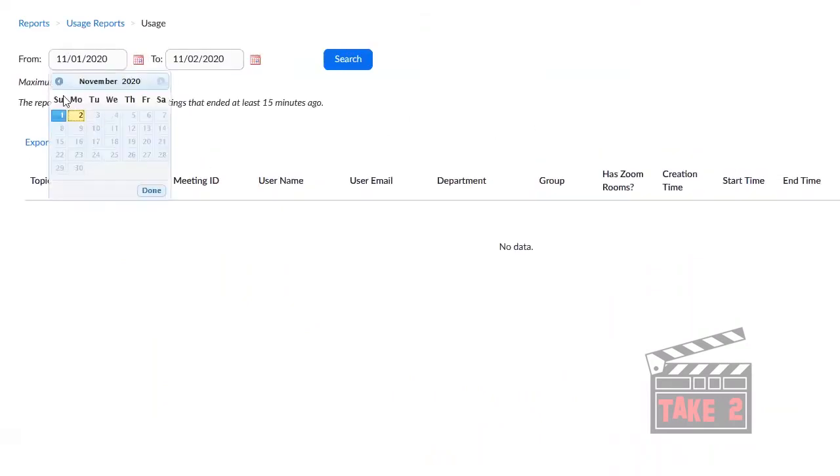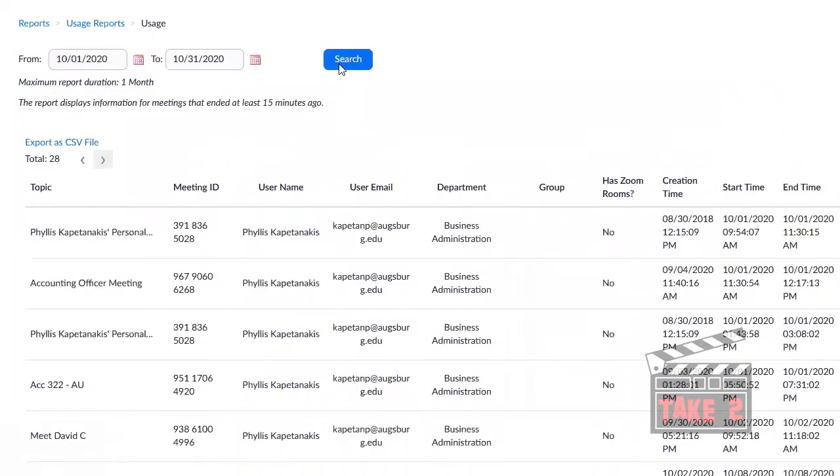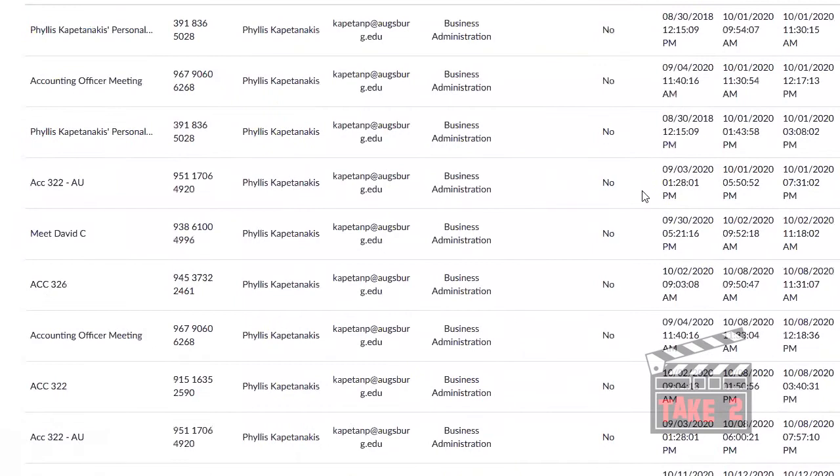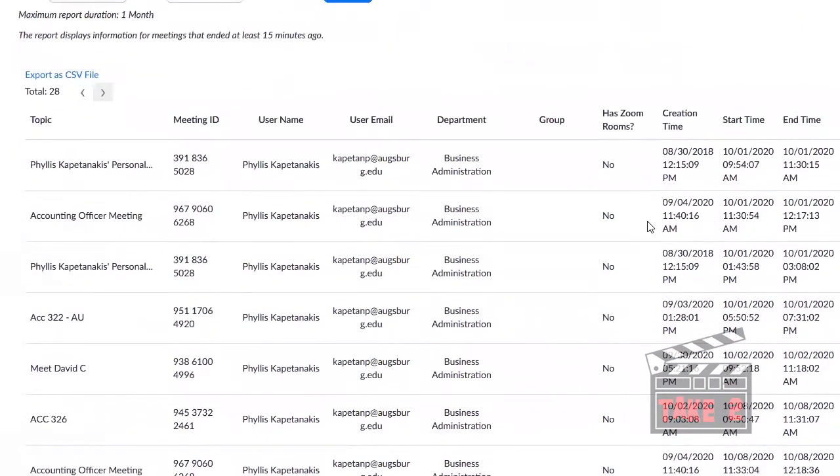So you have to specify a time period. So I'll go over here to last Thursday. And then it'll keep up a month's worth of data. So I can go back a whole month and I can see all the different Zoom meetings I've had. With that then, if I want to know who came to that meeting and how long they were there, I would click on this participants button over here.